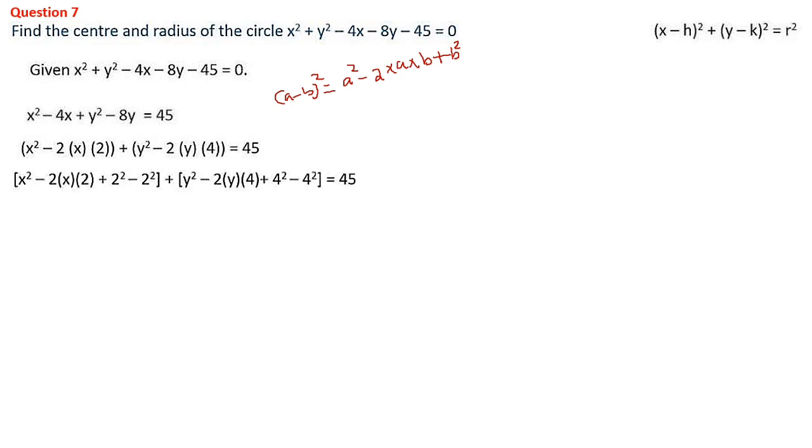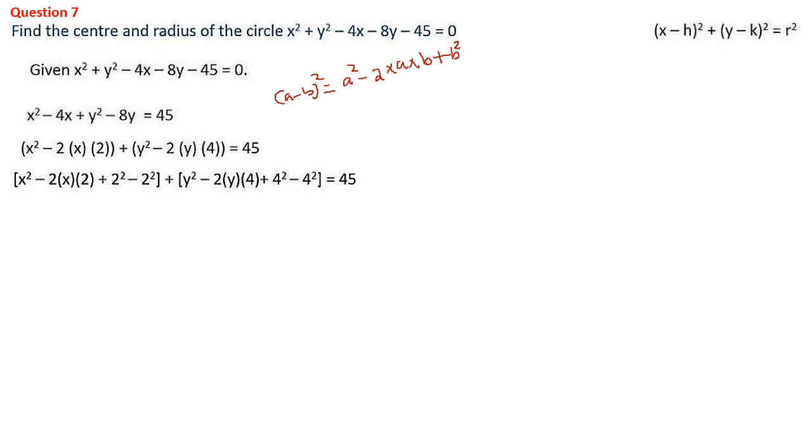So what we can do is x square minus 2 into x into 2. This much is there with us, that is written. As I said before, we need a b square term, and b we know from here. We don't have b square, but no problem, we put plus 2 square. But since we are putting it ourselves, for balancing we also have to put minus 2 square, because 2 square minus 2 square is 0. The same thing here also: y square minus 2 into y into 4, and b is 4 here, because we need a b square.